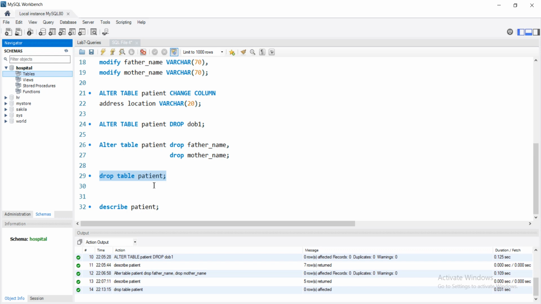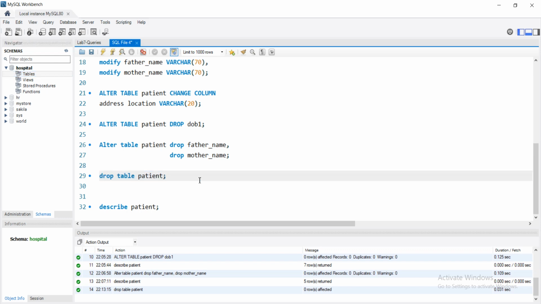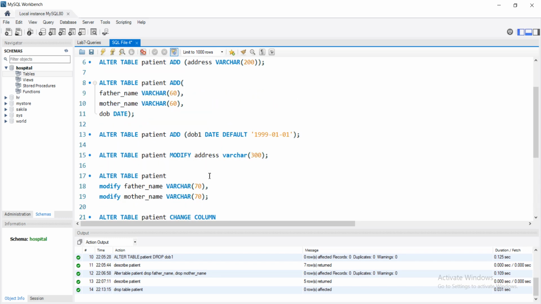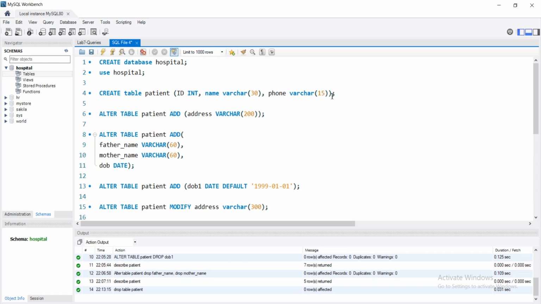Even you can drop multiple tables by using single drop command. For example, like patient comma patient 1. For example, if we have two tables with name patient and patient 1 and we want to remove both these two tables, then drop table patient comma patient 1. When you execute this query, then both these two tables will be dropped from the database. Okay, so we are going to create table again